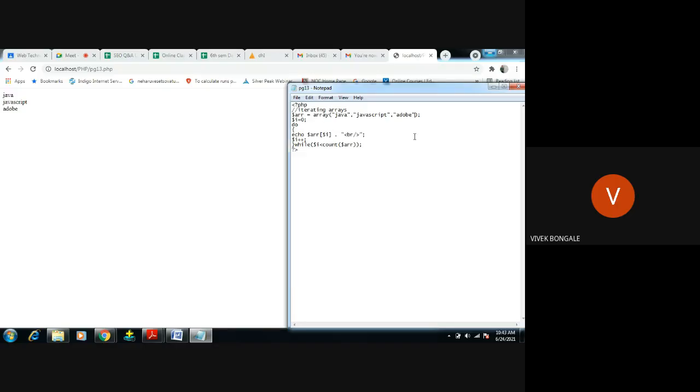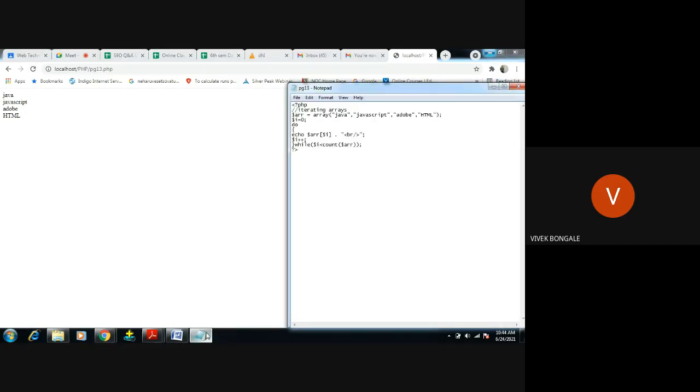Okay, for difference I will write one more value in the program. I added one more value in the array there. Save. You got the value, right? So same thing, while and do while both work the same, right? The only difference is that in do while the first statement will execute, then it will check the condition. But in while it will first check the condition, then the statement will execute. That is what the do while is, right?